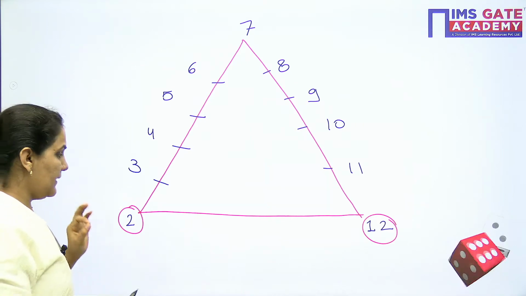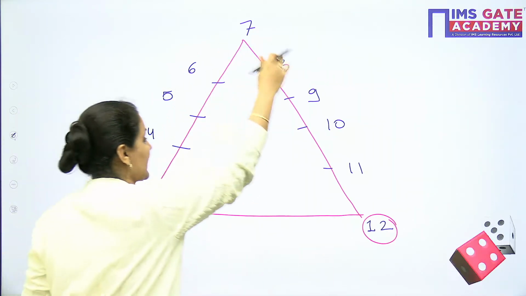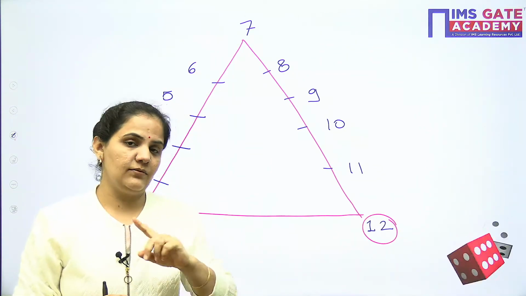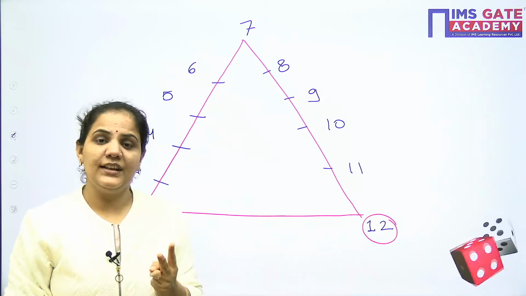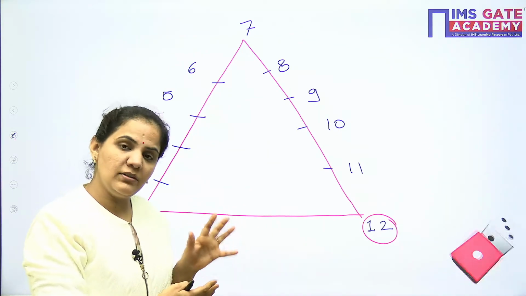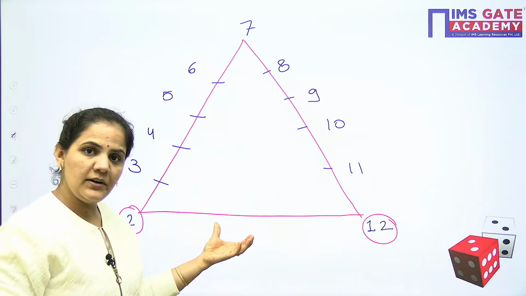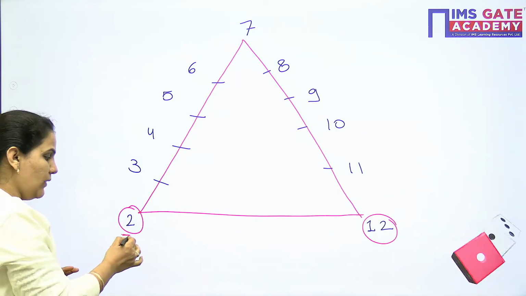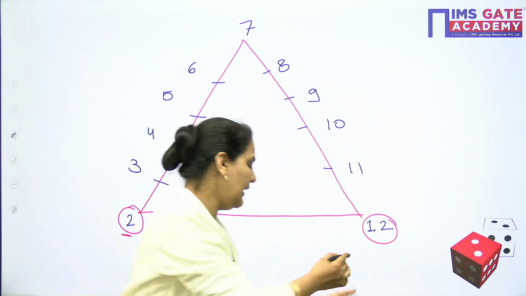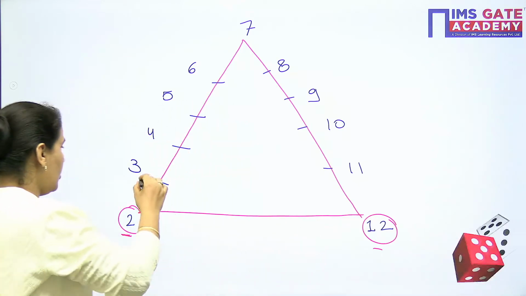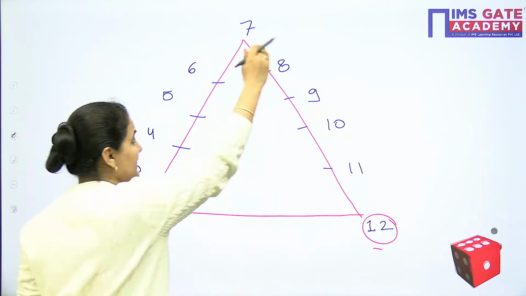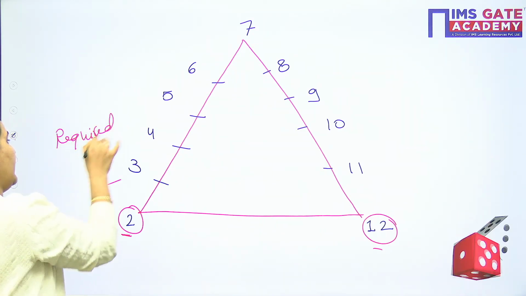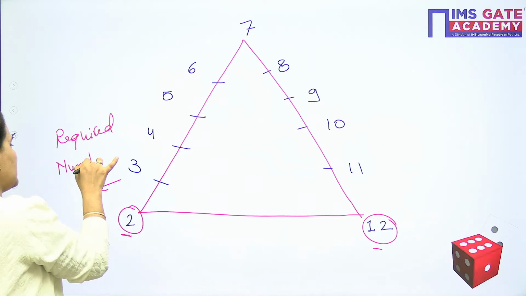What is the trick? The trick is the numbers which I write outside this triangle. Actually this trick can be identified in two ways, first in the triangular form and second in the table form. Later I will tell you about the table form also, but right now this is the triangular form, and this form is very easy to understand. We can start from 2 as this is the minimum sum and end at 12 as this is the maximum sum. The numbers which I write outside the triangle are the required outcome, the required number which the question has asked you.